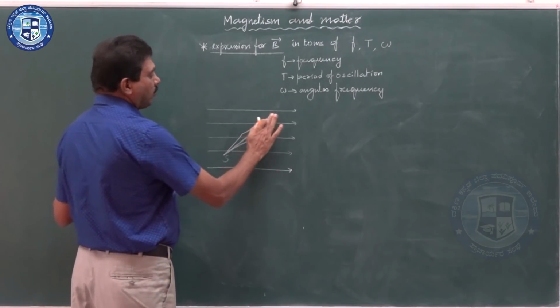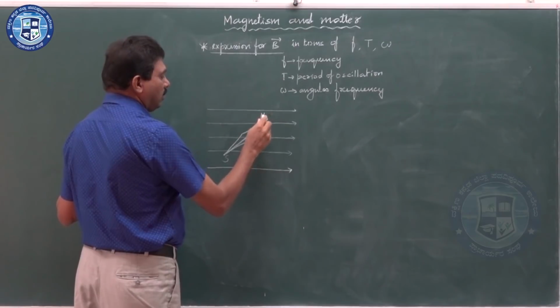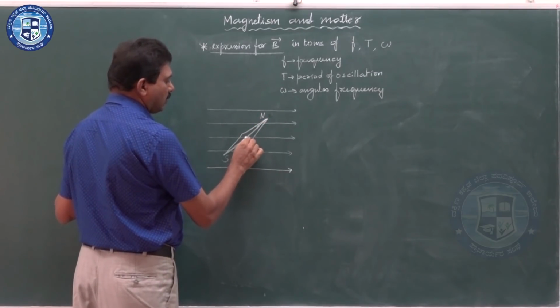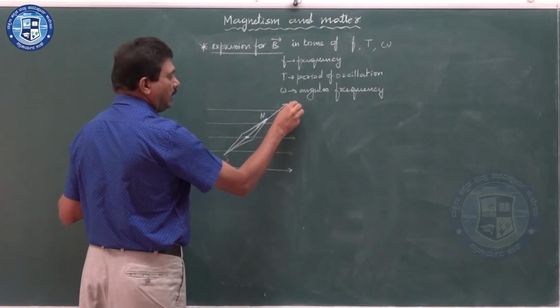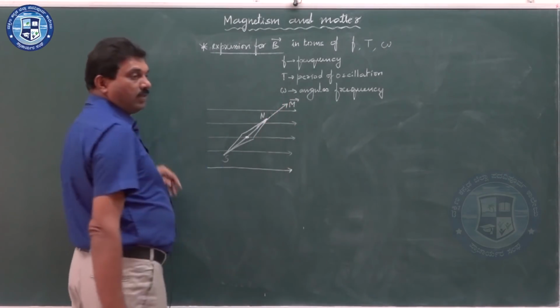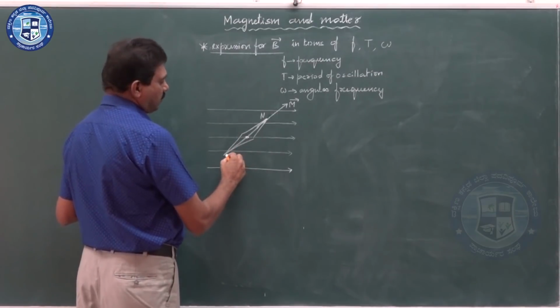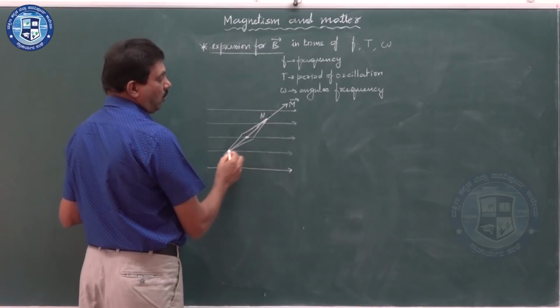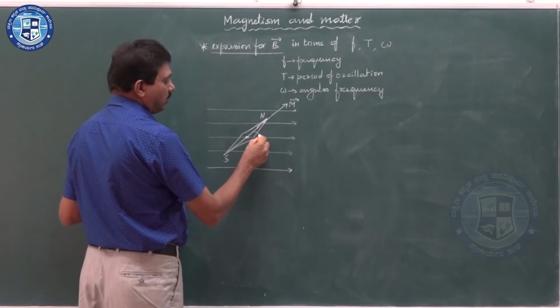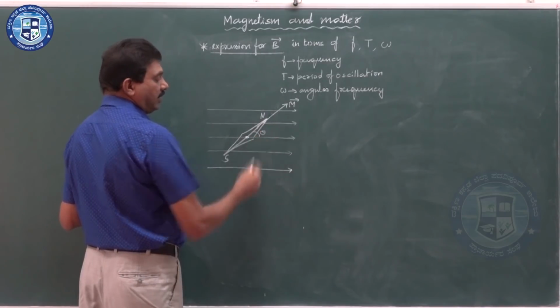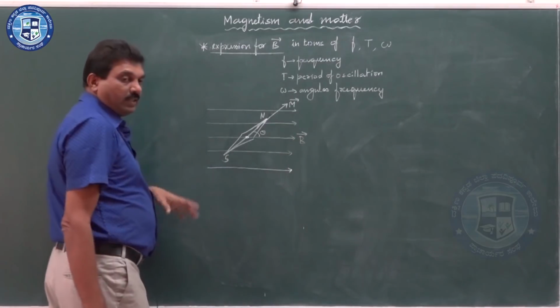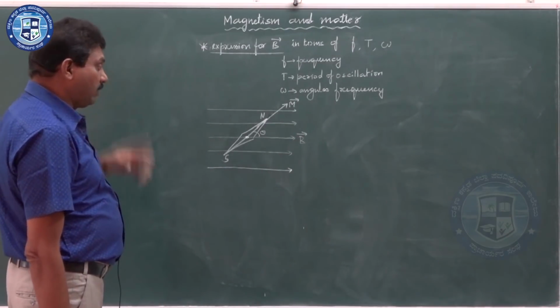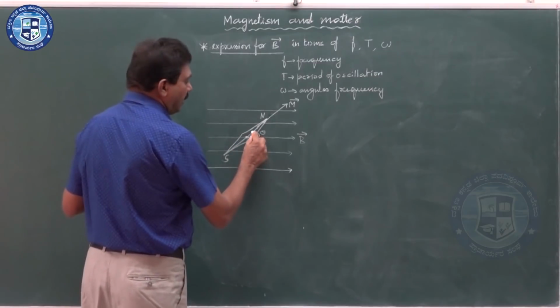So, therefore, what you can observe, there is a magnetic moment of this magnetic needle. It is a vector, say from south pole to north pole in this way. Say theta is the angle between the magnetic field vector and the magnetic moment vector. It is theta is that angle.